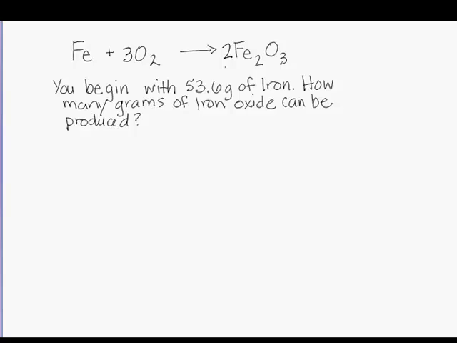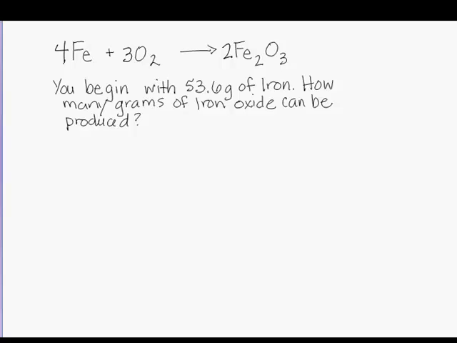Now we can look at the iron. We have now 1 iron in the reactants and 4 iron in the products. So we need a 4 in front of the iron on the reactant side. Now our equation's balanced. The second thing we need in order to do stoichiometry is to know the molar mass